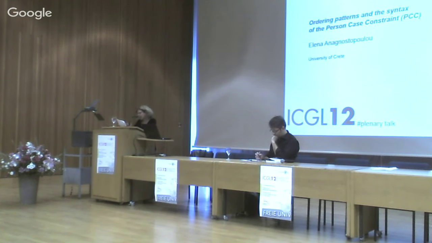This would suggest then that we have two Wackernagel positions, what I call 1 and 2, and the violation happens in 1, and 1 is very high, it's close to the left periphery. So if really this is the head that triggers the PCC effects, then this head is high. But then this means that we can choose among the various proposals, the proposal that crucially relies on a high head, okay? Group 1 proposals, okay?